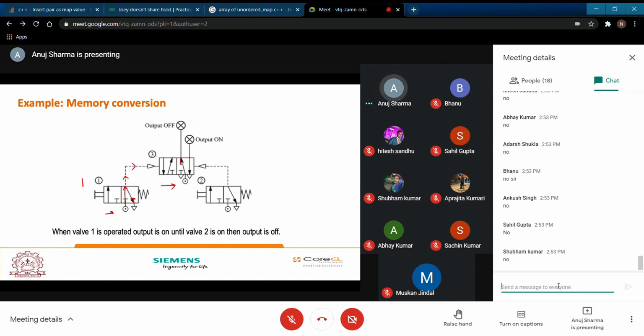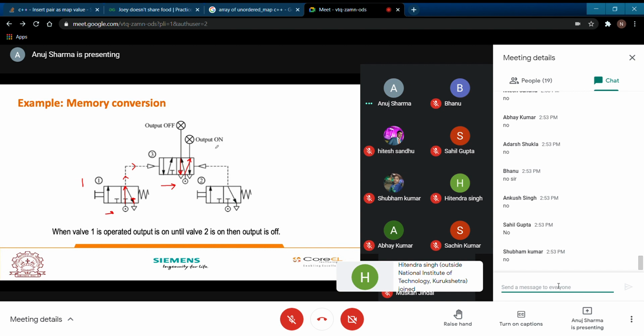In this direction your line will be like this. Again, when your line is like this, your output off is going to exhaust. That means output off is not going to work, but pressure supplied is applied to your output on.